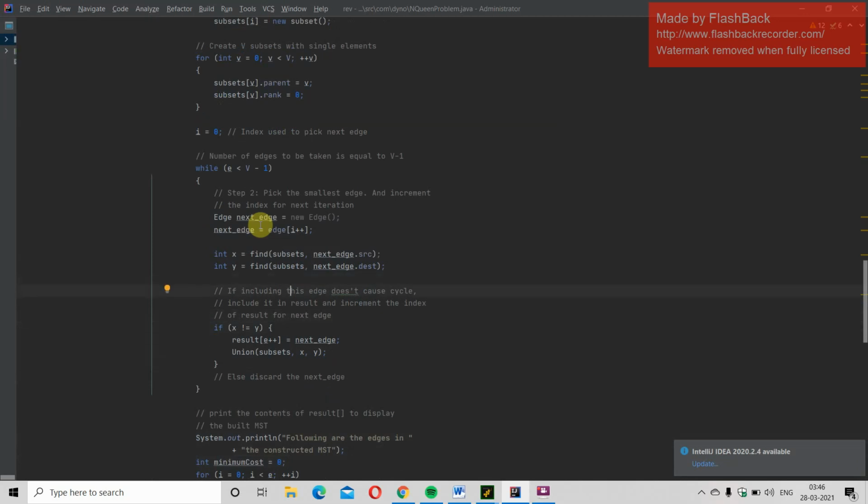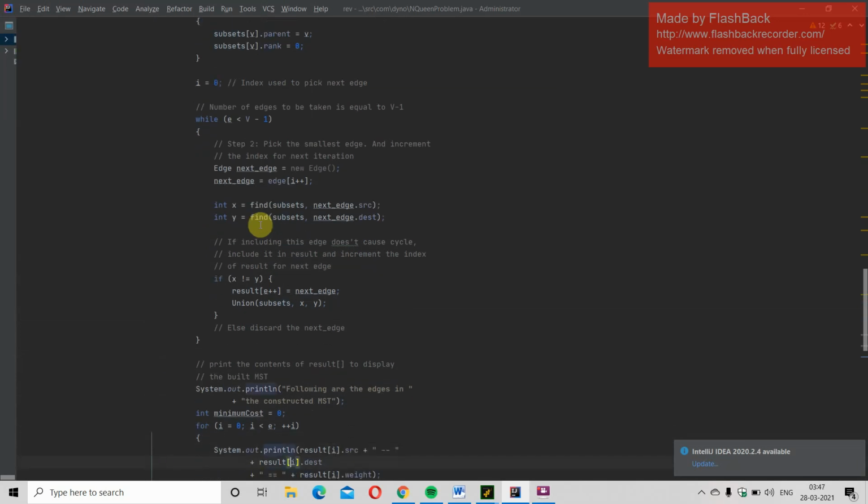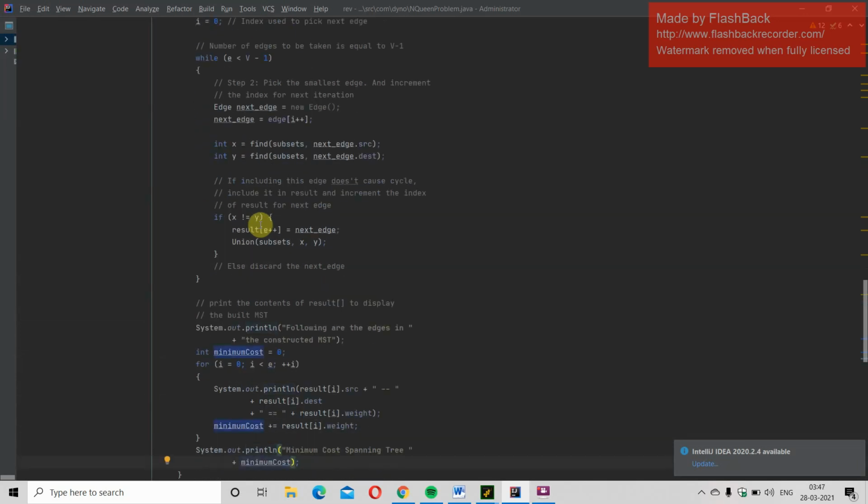So if it is so, we should include it in the result and increment the index. So check whether x is not equal to y. If it is not equal to y, then increment the result and set it to the next edge. Now union of subsets of x, y. Going to find the union of the subsets. If not, discard it.